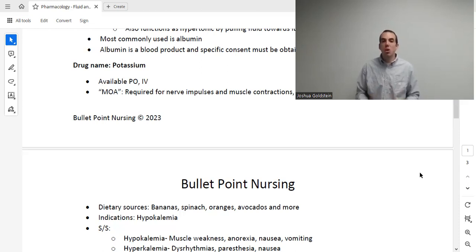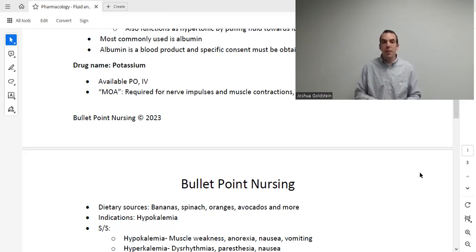if a patient has hyperkalemia, they may develop dysrhythmias, paresthesia. If you don't know what that is, that's numbness and tingling, nausea, and some other symptoms. And these lists are not at all inclusive. However, they do have usually the most commonly asked test questions on what the signs and symptoms are of hyper